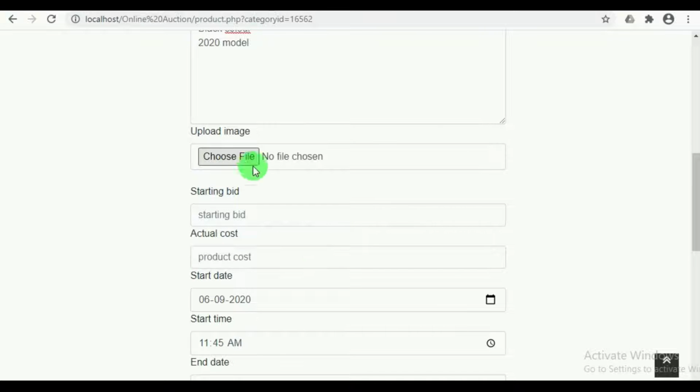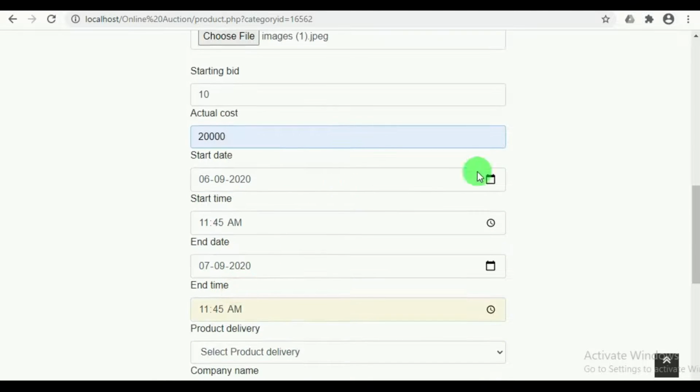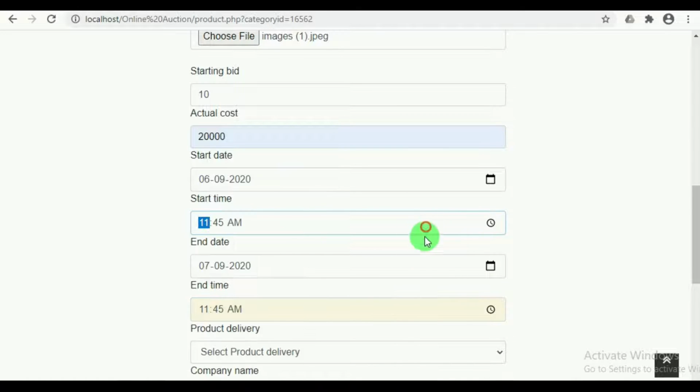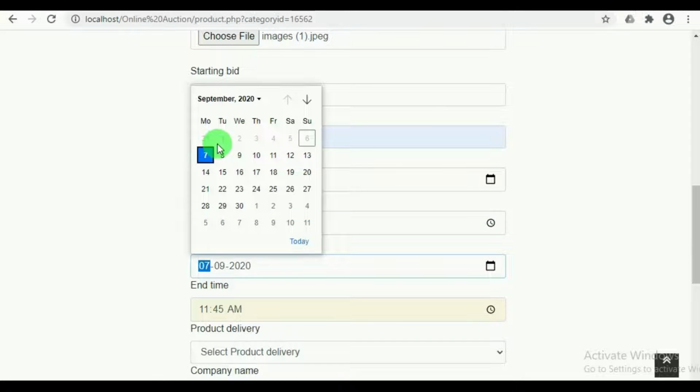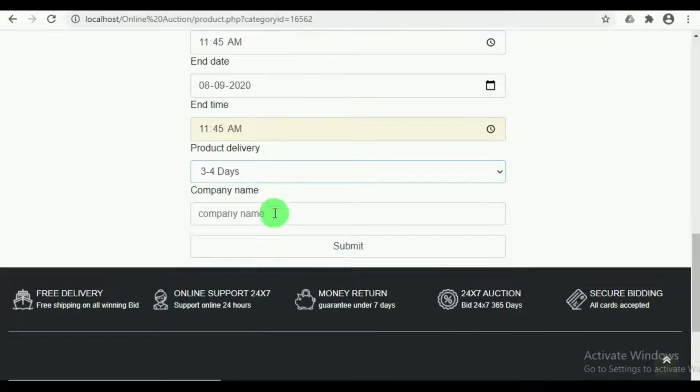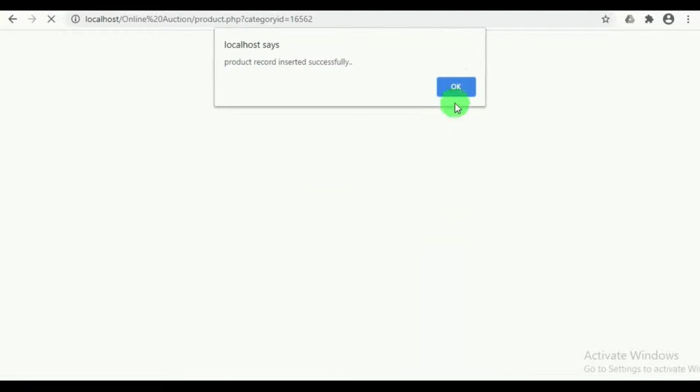Once the image is uploaded, the starting bid amount must be entered and then the actual cost of the product, the start date of the bid and the start time, then the ending bid date and ending time must be mentioned. Then the product delivery, that is within how many days the product will be delivered, and the company name must be mentioned. And on clicking on submit,